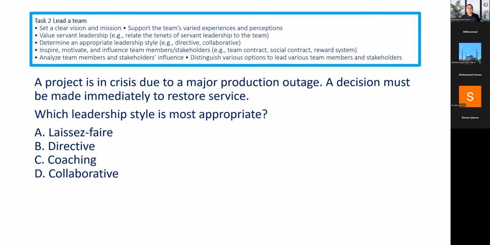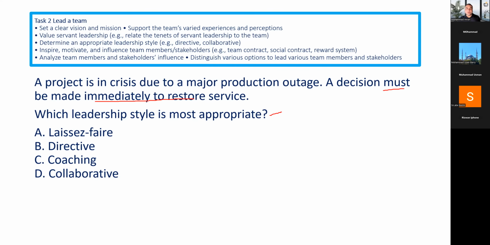A project is in crisis due to a major production outage. A decision must be made. We have a critical situation, right? Immediately to restore service. Which leadership is most appropriate? You know the best leadership approach is